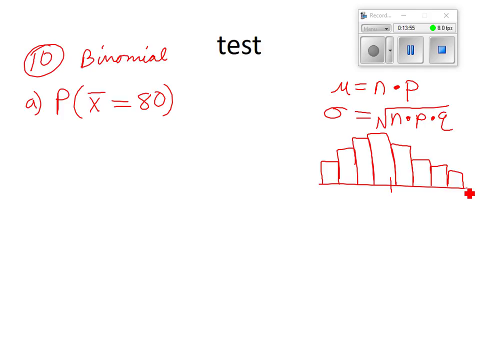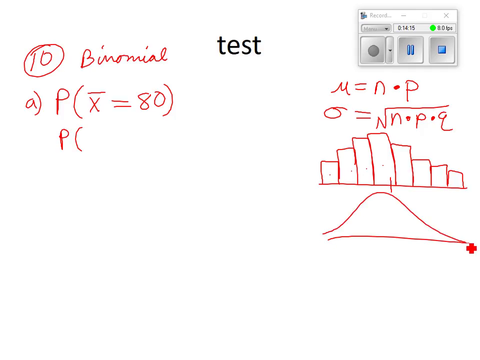We don't want to have to add up all those bars, find the area of each bar and add them all up. So that's why we change it to the normal curve, so the calculator can just do it all for us. We have to change this though, because now when we're looking at the normal curve,